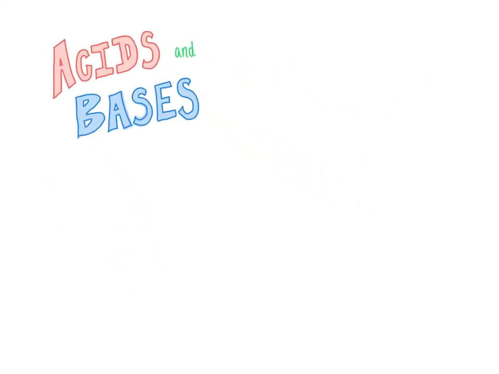So first off, our first definition that we will use to describe acids and bases is the definition laid out by Arrhenius, the Arrhenius acid and Arrhenius base. Of the different definitions of acids and bases that we can describe, this is going to be the one that is the most restrictive. So an Arrhenius acid or Arrhenius base